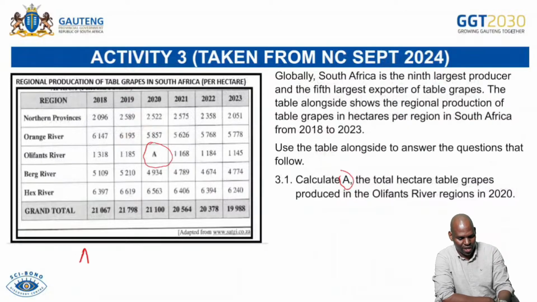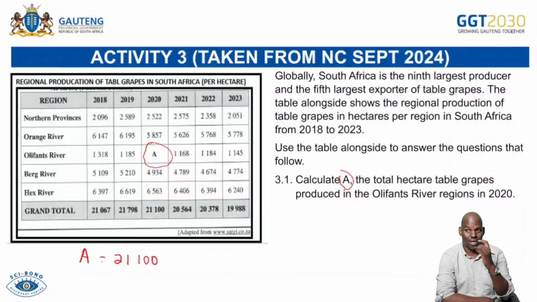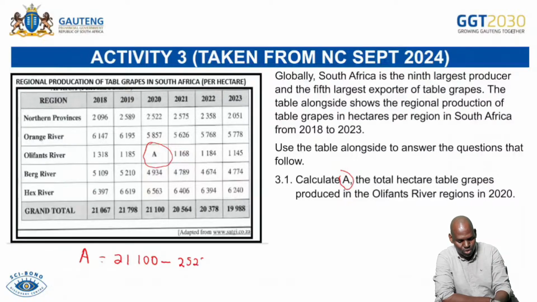So we can say A equals 21,100. Okay, and then we minus all those other given values. So we can start with the most top one. We can say 2,522. Then we subtract 5,857. Then we subtract 4,934. We subtract